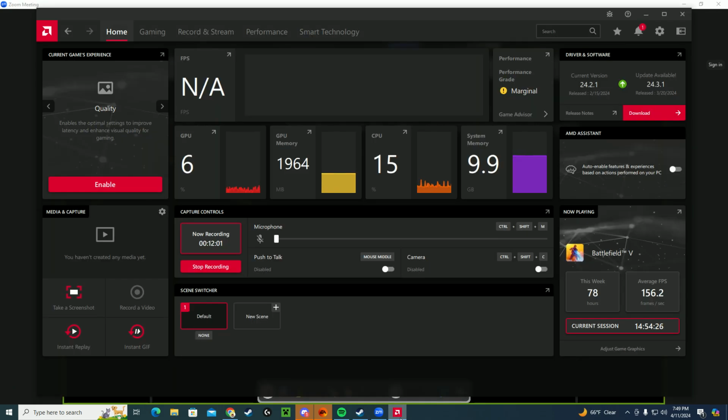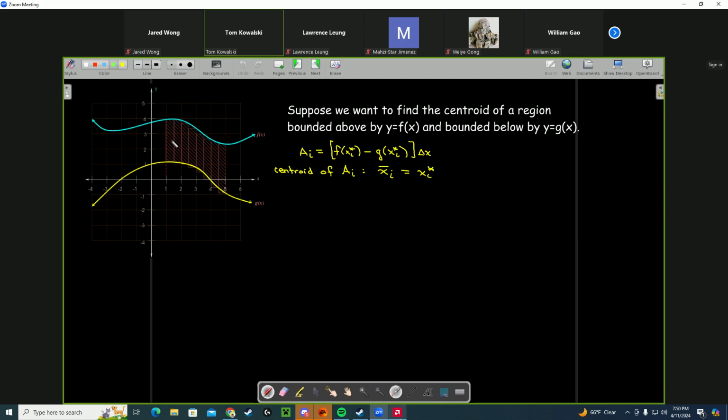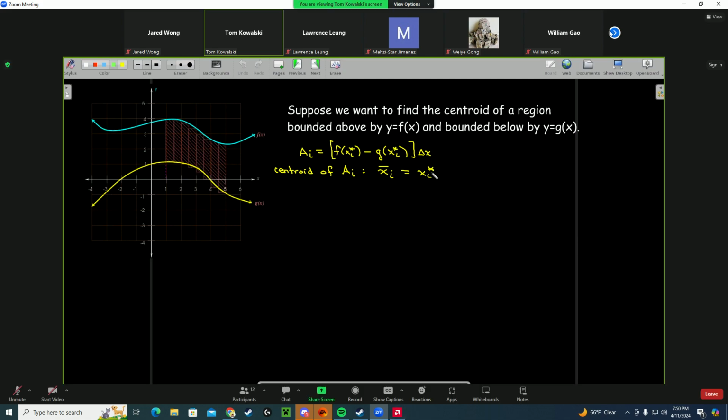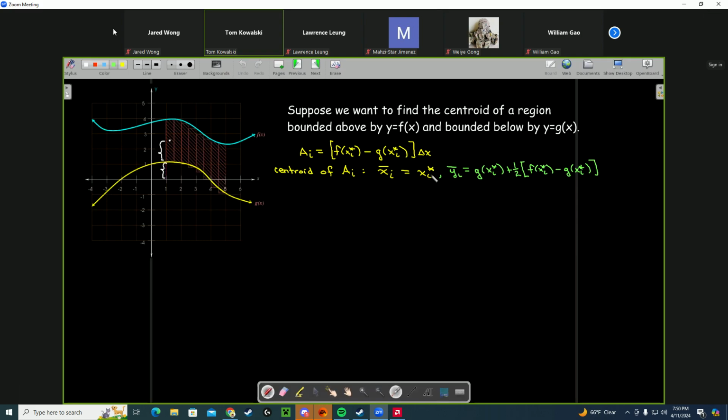And then what is the centroid of this rectangle? Well, the x coordinate is the x sub i star, just as before. It's the midpoint of that subinterval. And what's the y coordinate of the centroid? Well, it's going to be